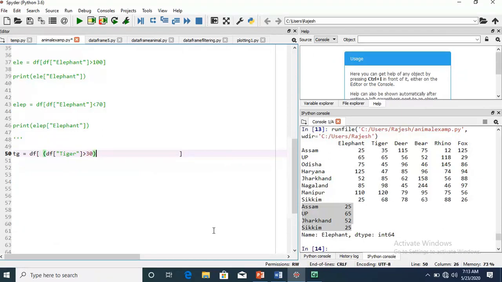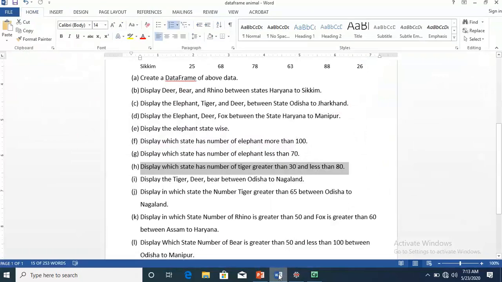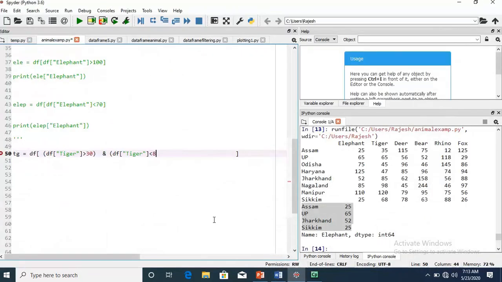Now the AND operator is used, then again one more parenthesis, df square bracket tiger, then less than 80, and then this parenthesis is closed and it is also being closed.